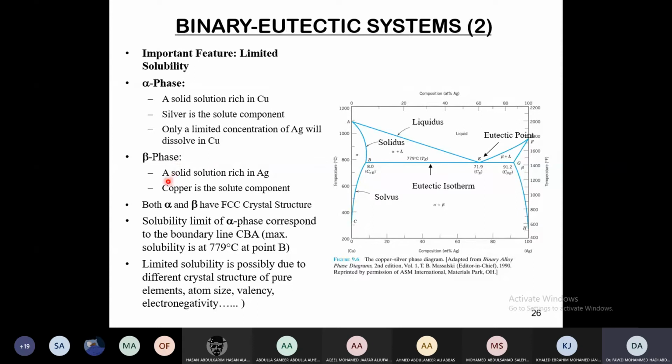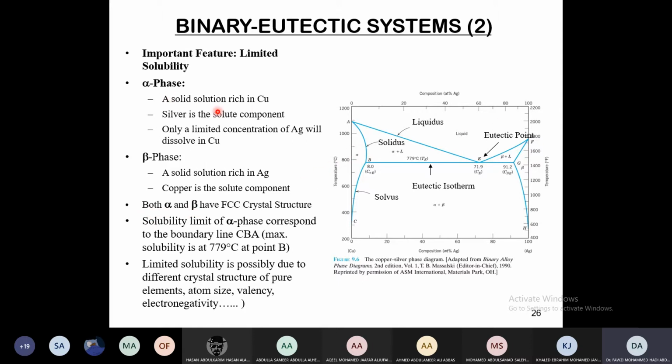The beta phase is a solid solution rich in silver. That's the beta phase. It's rich in silver. The solvent is basically silver, and the solute is the copper. Copper is the solute component. Both the alpha and beta,